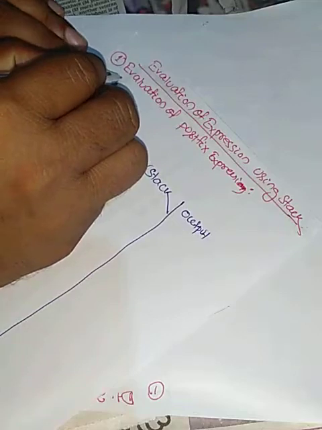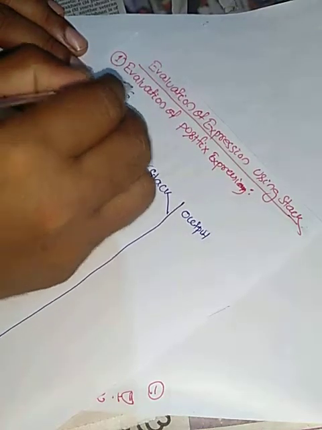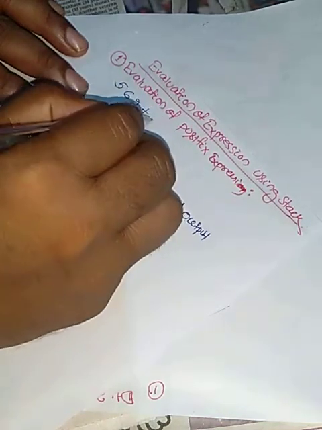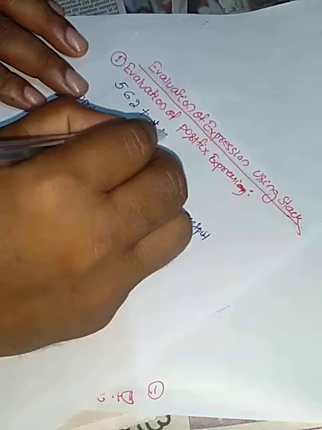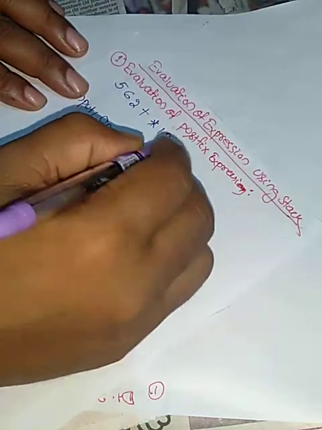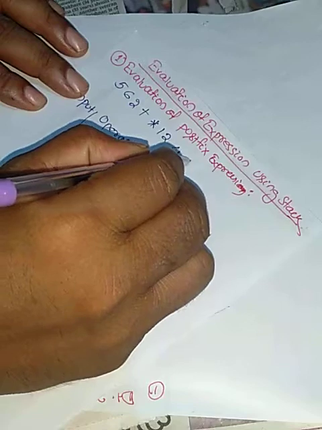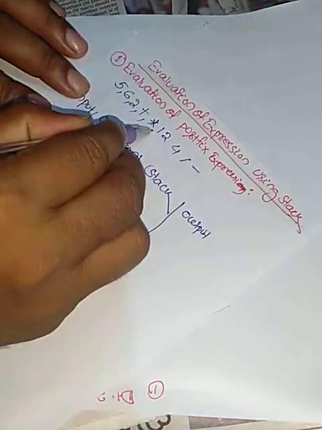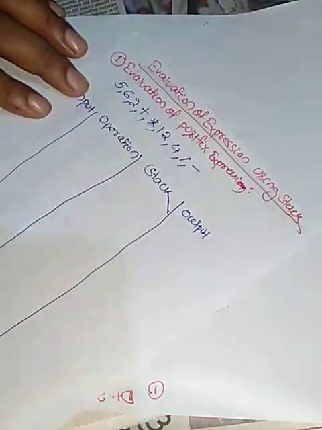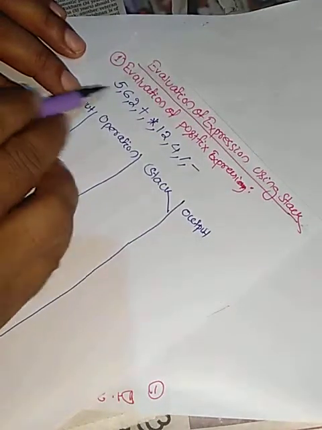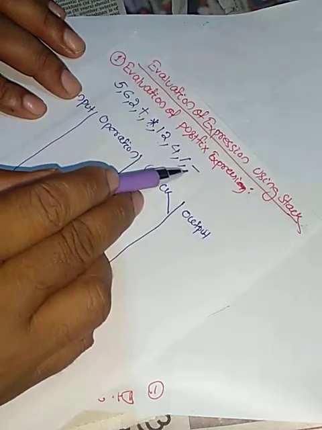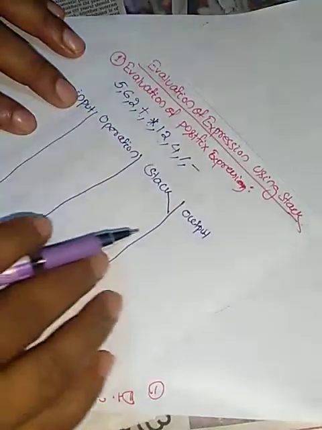Let's say we have a postfix expression 5, 6, 2, plus and multiplication, 12, 4, slash, minus. So these are the symbols to identify. Let's put commas so that we can distinctly identify the symbols. Okay, so now we have symbols 5, 6, 2, plus, multiplication, 12, then 4, then division, then minus. So this is a postfix expression.